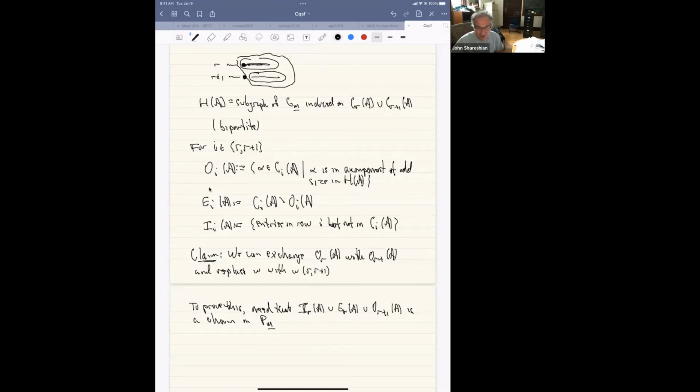This is the reason we're breaking into even and odd. There cannot be an edge between something here and something here because they live in different connected components. So there are no edges between the things in ER and OR plus 1. Therefore, the union of this and this is a chain. It means that everything in here is related to everything in here. These are chains, and therefore the union of this is a chain. So the key point is to show that everything in IR lives below,